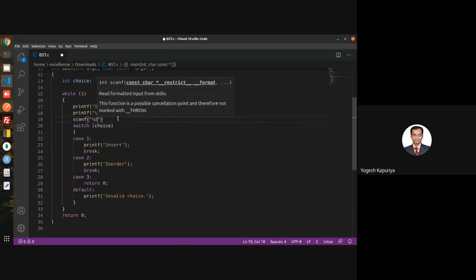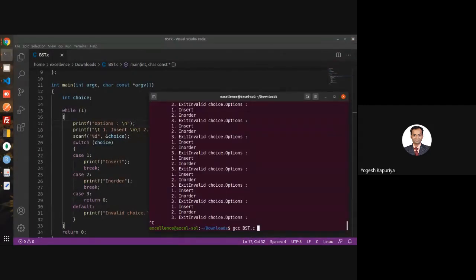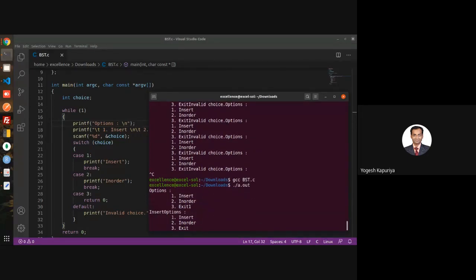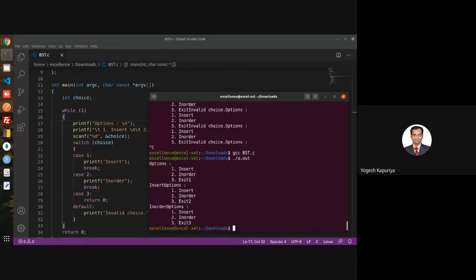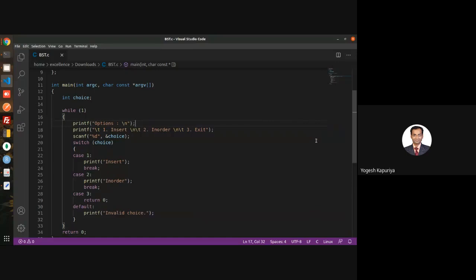So take a choice, so %d and ampersand choice, right? So now if I execute this, it will ask me for options. Let's say 1, so insert, 2, so inorder, 3, so exit. That means my switch and while are working perfectly.